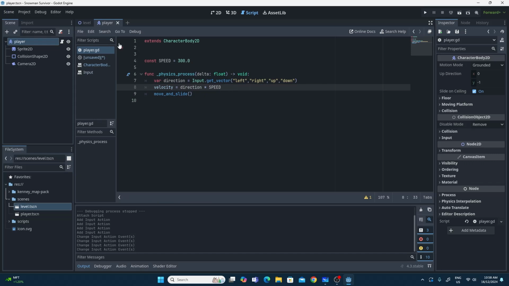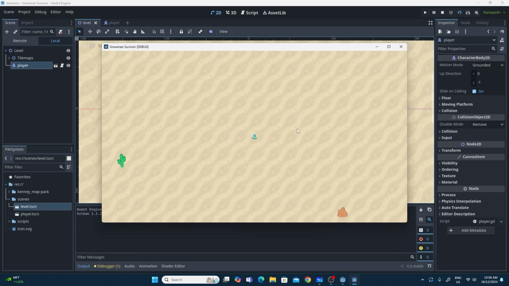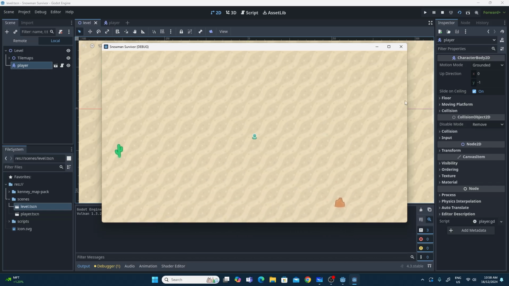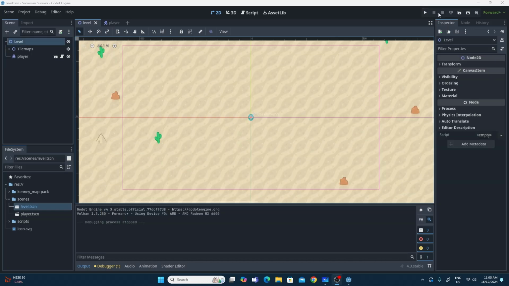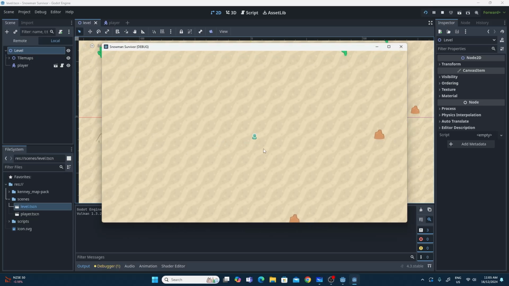So testing it, I do want to just test this level, so back on 2D. So I've saved the player, so all those changes to the script and everything should be saved. And now by running this current scene, I should be able to move around based on my key presses. So there we have it. We have ourselves set up this scene, and it's a tile map with